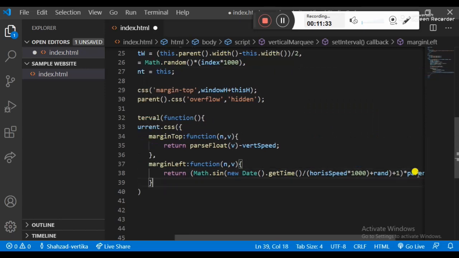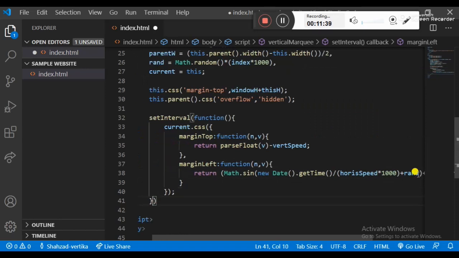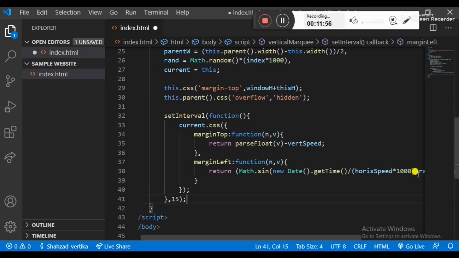After that, I have another piece of code like this, so just multiplied by 15, and now we have to apply another setInterval.